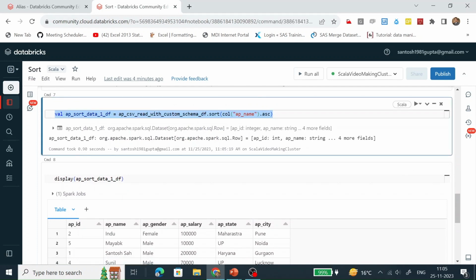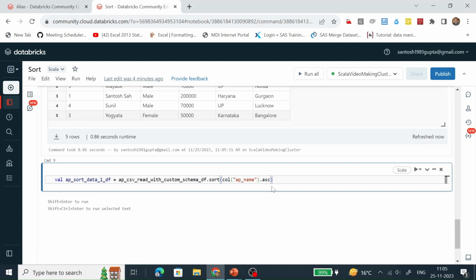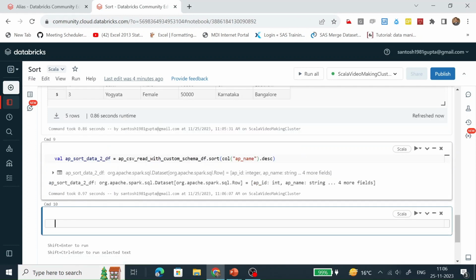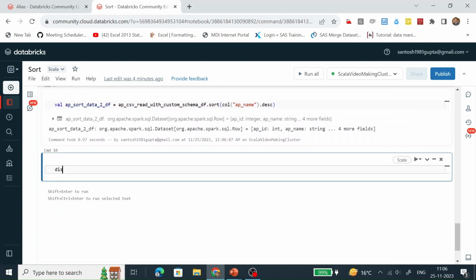Let's sort this by descending order. Let's rename this data frame and run it. Now the data frame is sorted successfully and a new data frame is created.